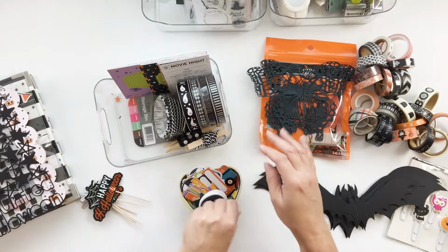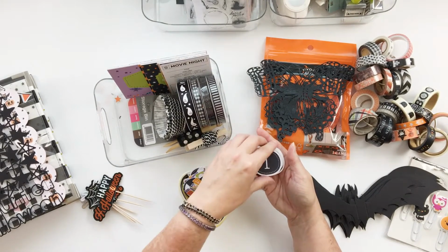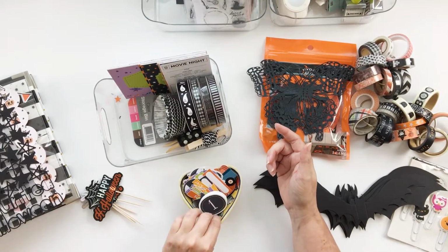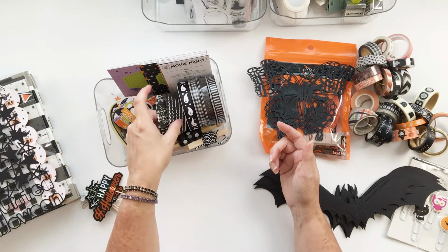the embellishments. And check it out, you guys. She did a set of numbers 1 through 31. So those are already ready for me. They're so cute. Speaking of found objects,